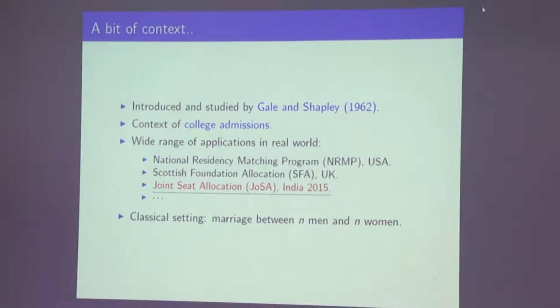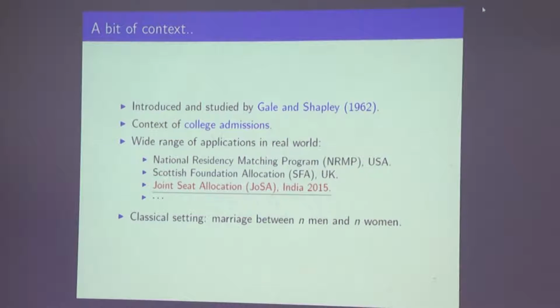So now at the end of this allocation, you give me some allotment. That is, you tell me that okay, these 50 students go here, these 50 students go here. When will students be unhappy? Or when will students have no way to crib about the allotment? Is the setting clear?